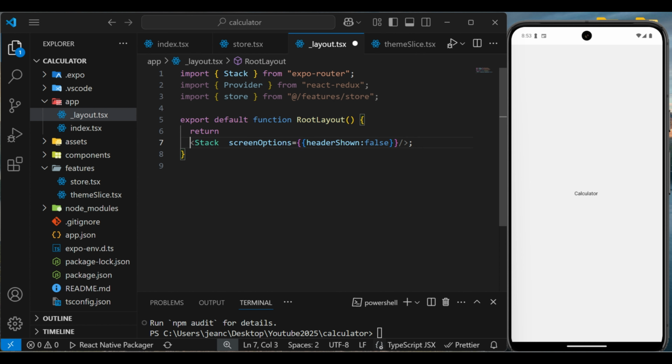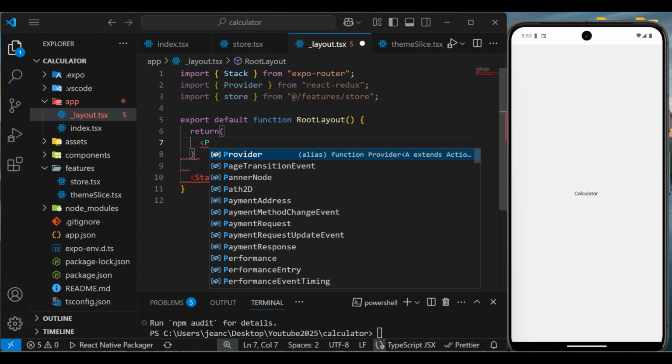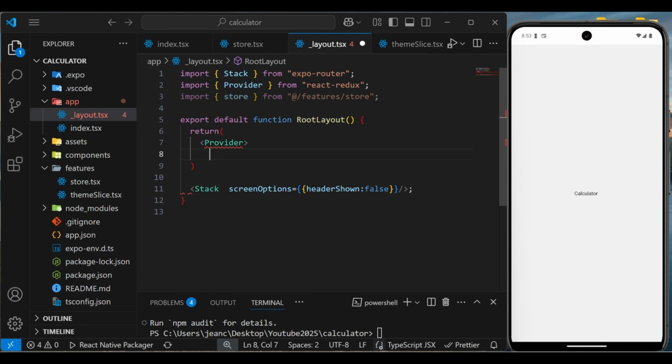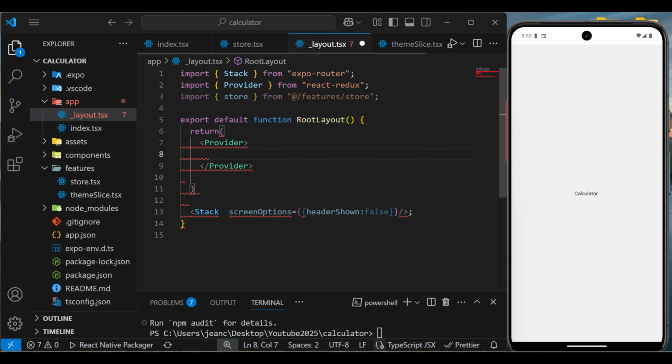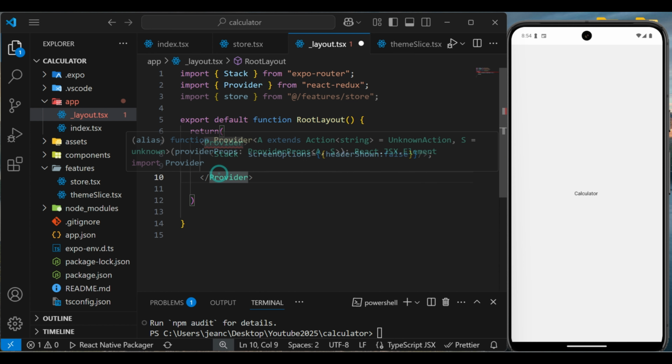And now, what are we going to do? Let me add parentheses here. And then I will use Provider here as a container, right? As a container, so I just want to come with this stuff, and Provider will take